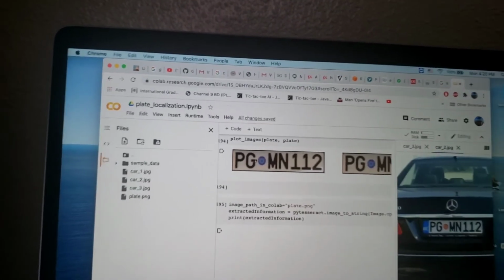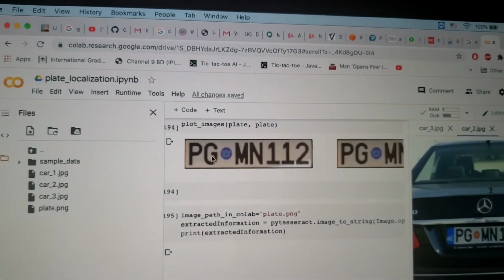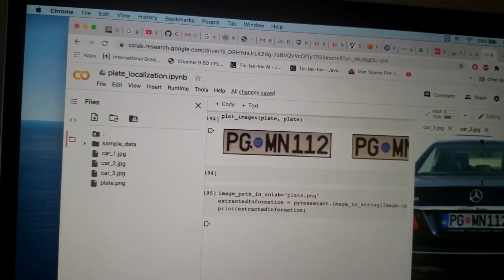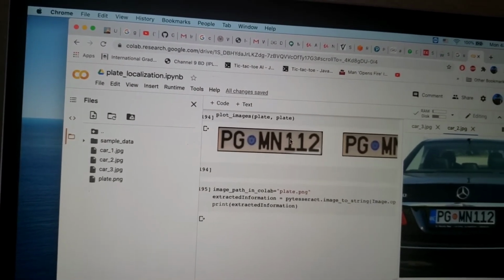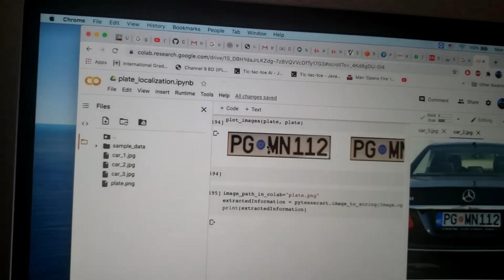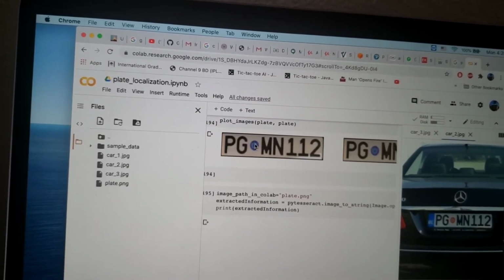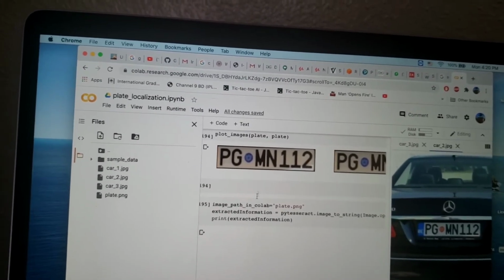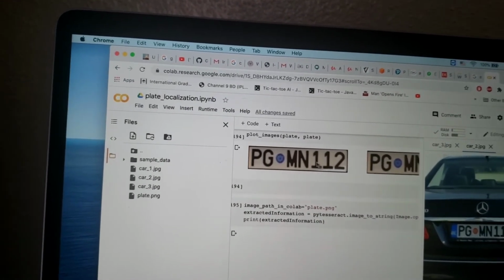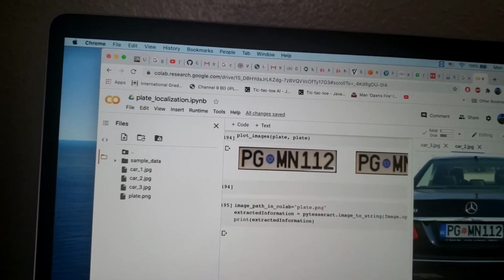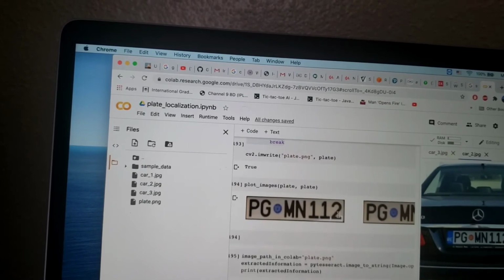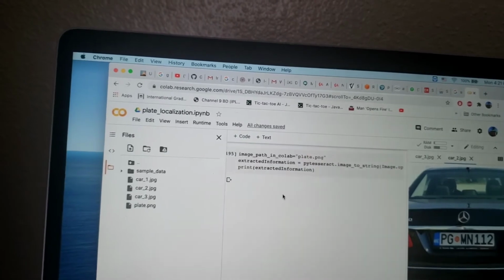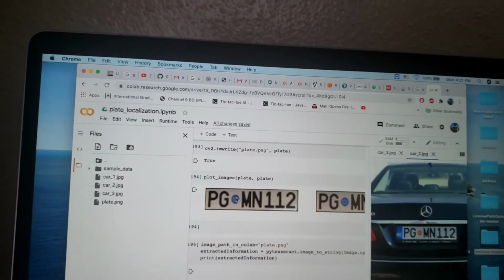Why? Because there is a lot of noise. We can easily see there is a lot of noise in the camera. It's not easily seen, but there is a gray type of noise. Because of this noise, PyTesseract is unable to process this frame. So the picture has to be clear and free from noise. That is the main drawback here, and it's due to PyTesseract.